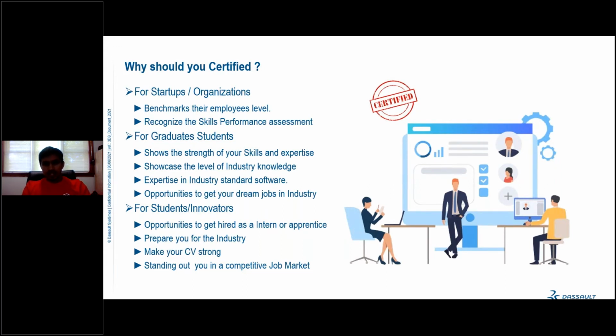If you are selected for the design role as a SolidWorks designer and you have CSWA and CSWP, then the recruiter knows that you have knowledge of various tools and commands, so they don't have to waste time training you again for SolidWorks. So it gives you better job opportunities if you have a SolidWorks certification.